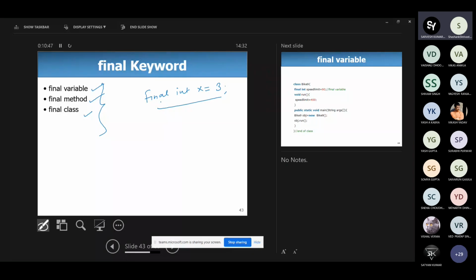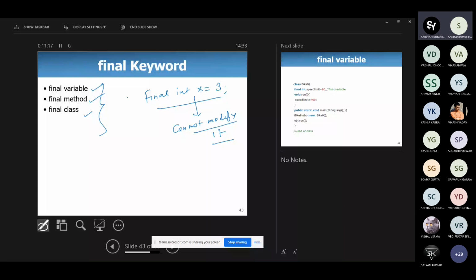If you declare any variable as final, it means the value is final, you cannot modify it. It behaves as a constant value. So this is the first use of the final keyword.